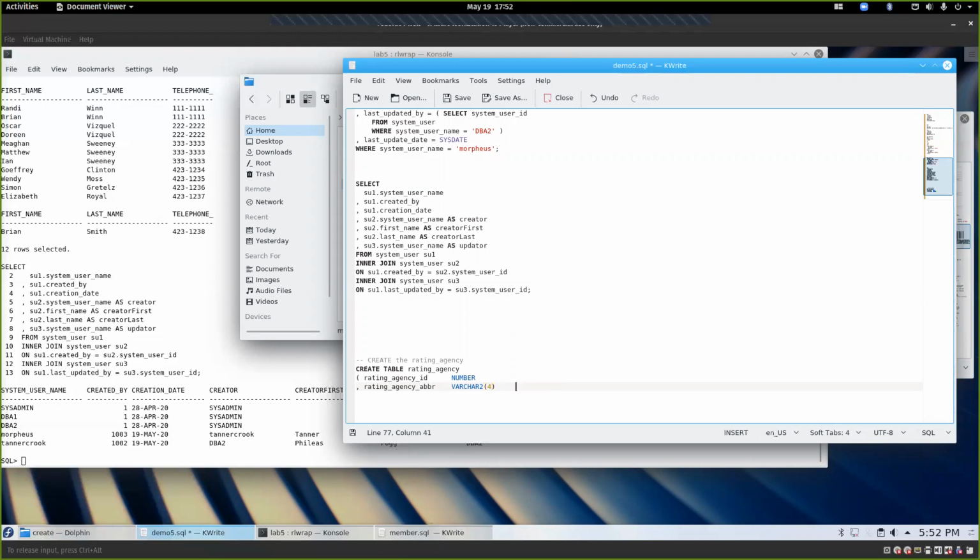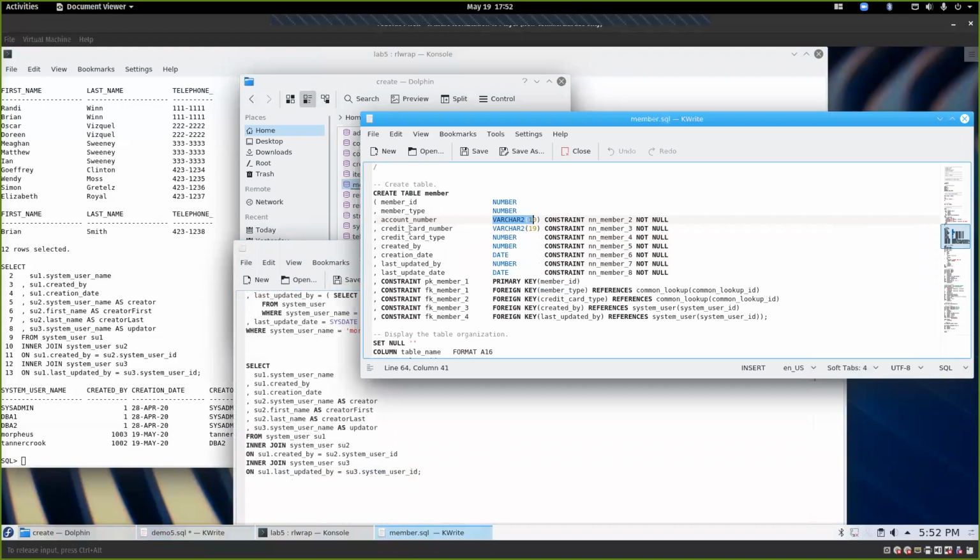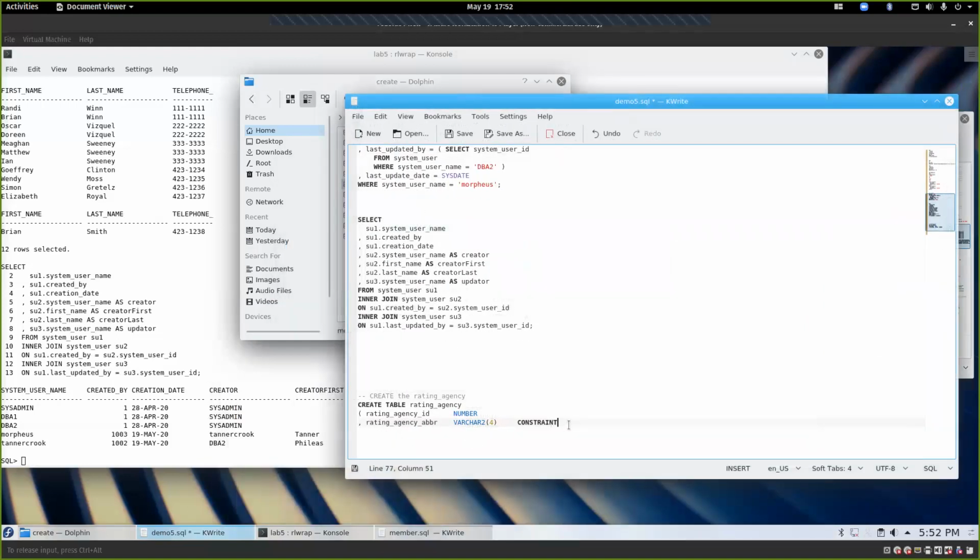So we're going to say constraint. And if we look at member, it has the same thing, right? So you can't have a member without a credit card number per se. So we're going to create a constraint, and now we're going to give it a name. And it's going to be NN rating, did I put 2 underscores? Yep. Rating agency